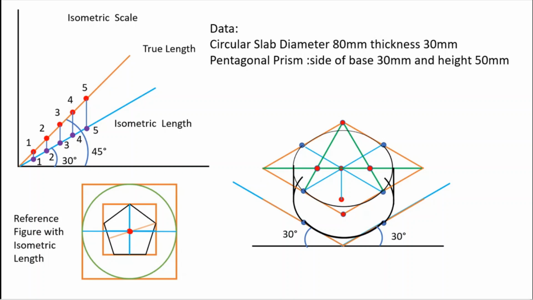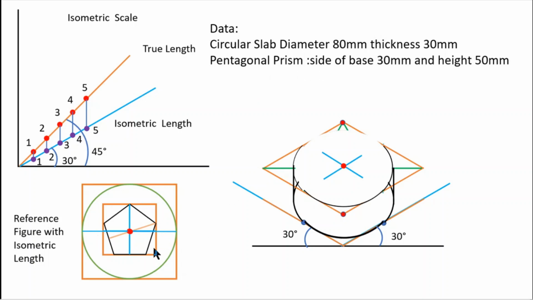Now I draw tangents between the top and the bottom circle, and now I have got the cylindrical slab through construction. I am removing the construction line to show the top face and the center. So about the center, I will be utilizing the same isometric axis, and now I have to construct about it the rectangle for the pentagonal construction, for the pentagon which represents the base of pentagonal prism, side 30.